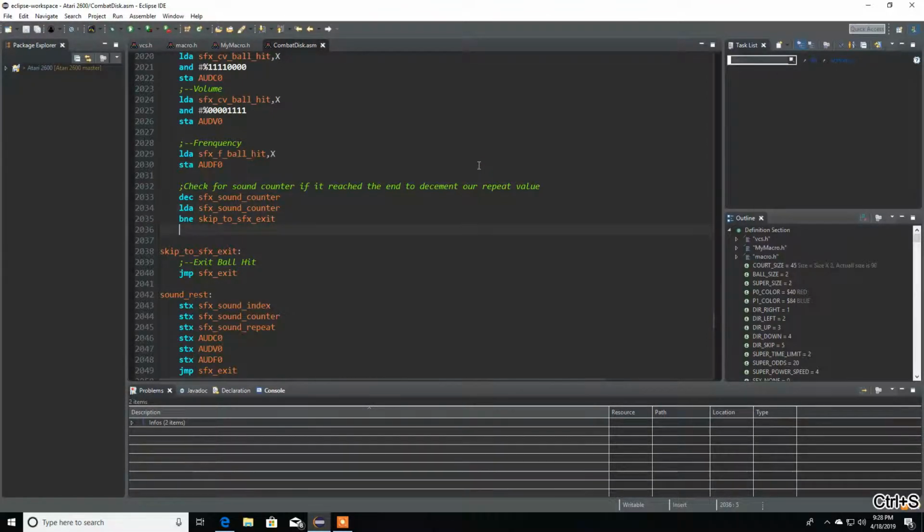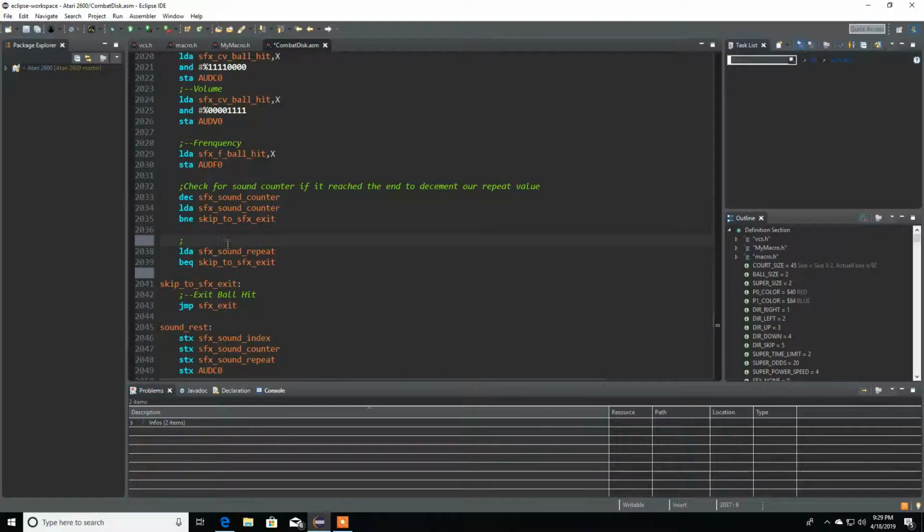So let's do that. Now let's load our repeat. So, sound repeat over here. And we're gonna branch equals 0 to our skip part over here. So here we're truly done. So check over here if sound repeat is done. So if it isn't,